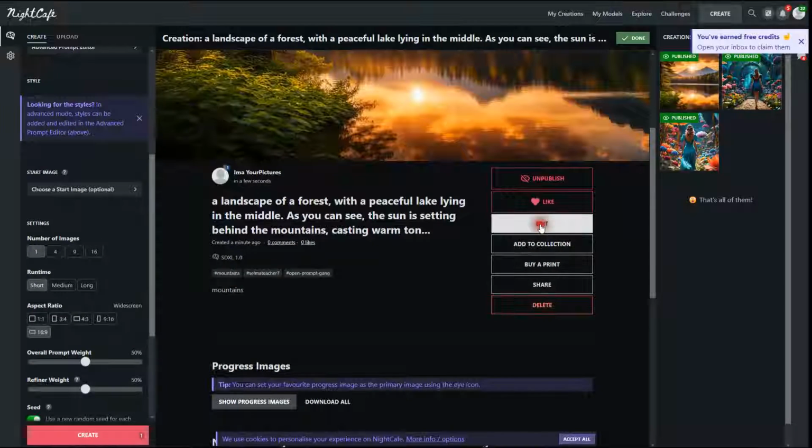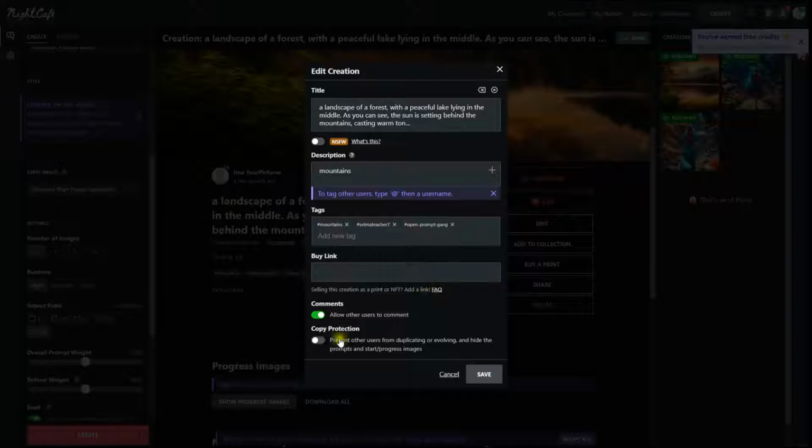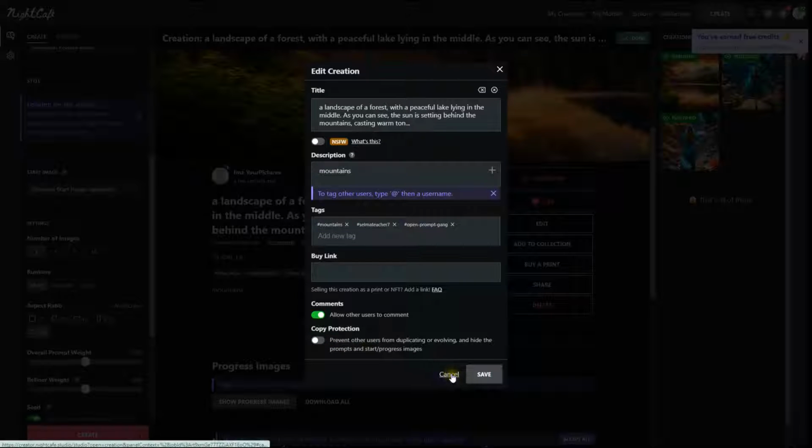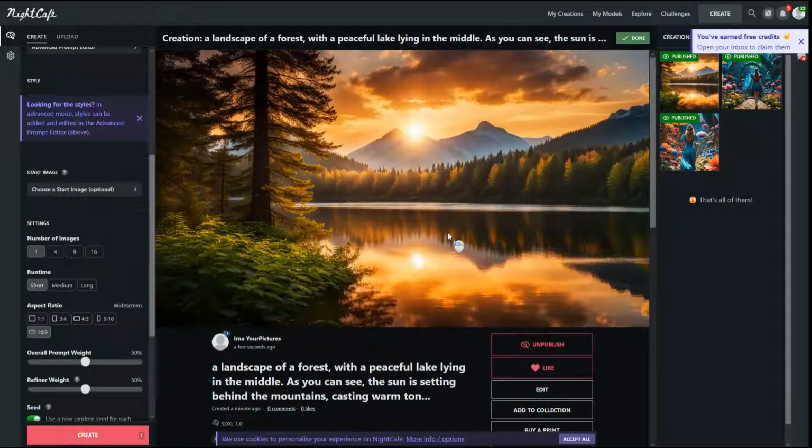And if you wanted to change it in the future, just click on Edit, and notice you have copy protection. Right now it's grayed off, that means it's off. But if you wanted to turn it on, it would basically prevent other users from duplicating or evolving this particular image or your work there. And I don't want to change anything there. I'm going to leave my prompts open, so I'm going to click on Cancel on that.